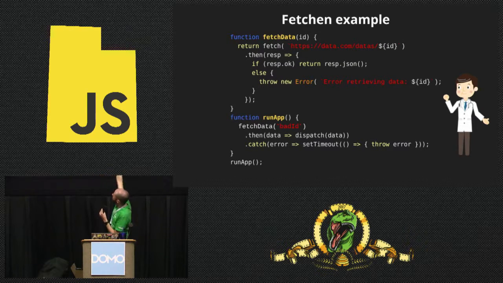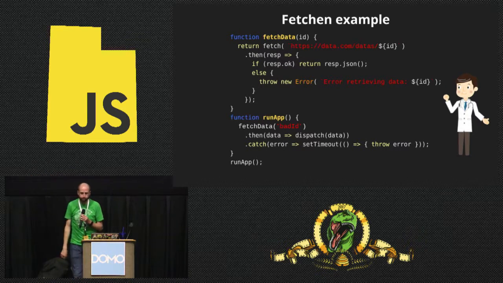So in other words, I'm only going to know that fetch data was called. I'm never going to know who called fetch data. I might have 50 different spots in my application that could call fetch data. When I'm trying to debug this, I have no idea which one actually called fetch data with a bad ID. The stack trace will not include run app in it because that's asynchronous. It was asynchronously executed, this entire